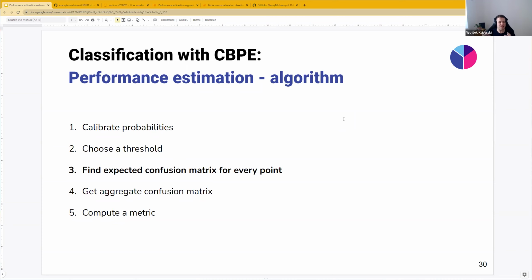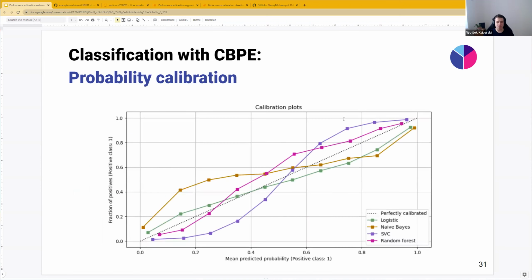So instead of finding the confusion matrix for every point, we're going to find the expected confusion matrix, where the value doesn't need to be 1 or 0, but can be a floating point value. And then we're going to aggregate to find the actual full confusion matrix for our chunk of data. And then from this confusion matrix, we can compute any metric we want, including ROC AUC if we add some stuff here and there. So I'm going to now walk you through every step,